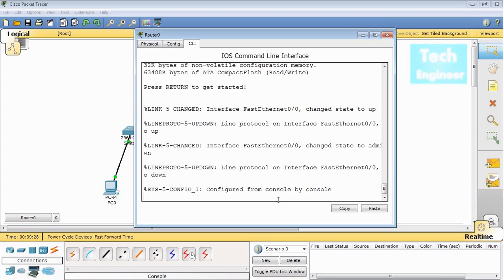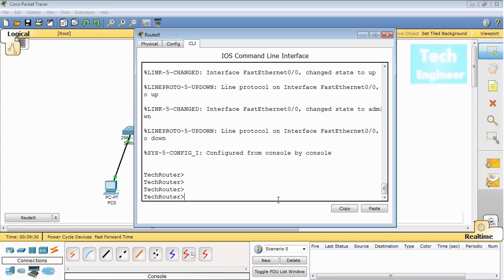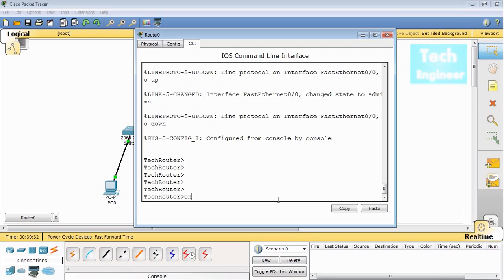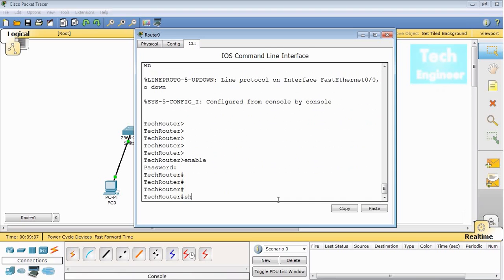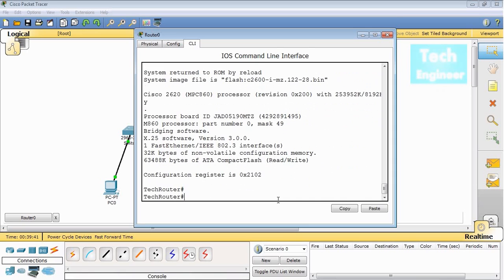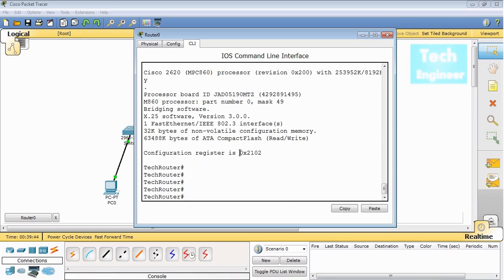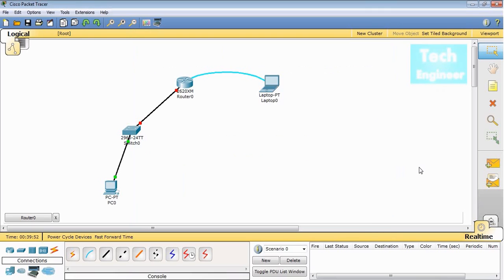And let's see. Give the password and show version. There we go. We got the register 0x2102. So this is what it's all about, how we